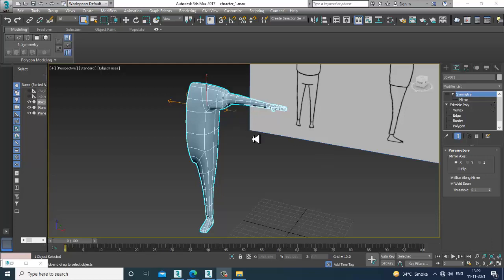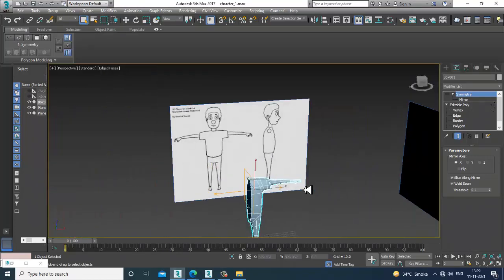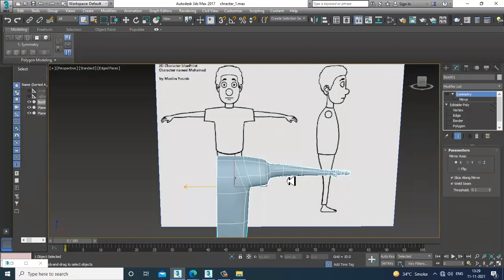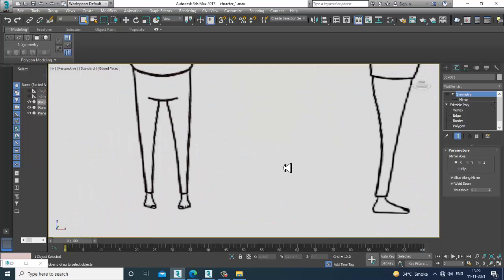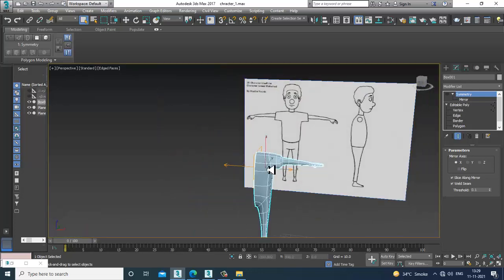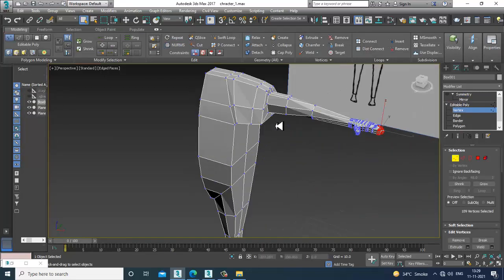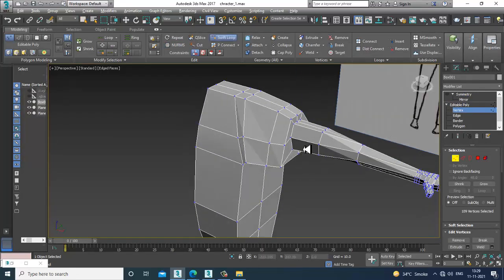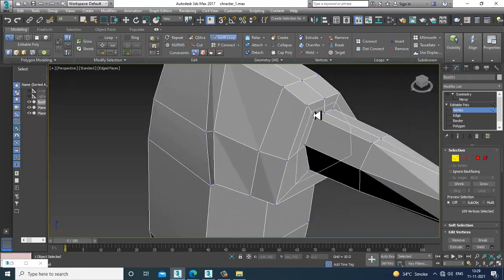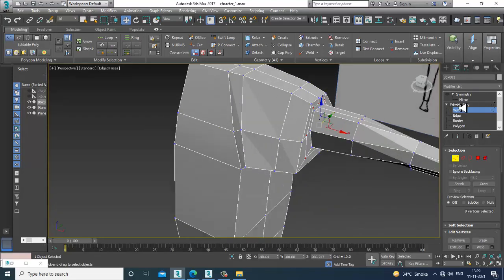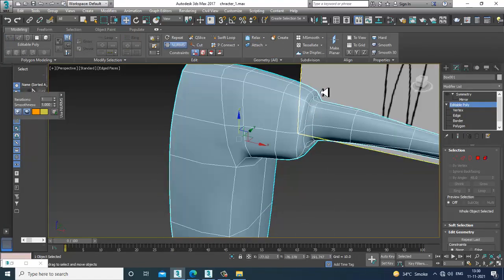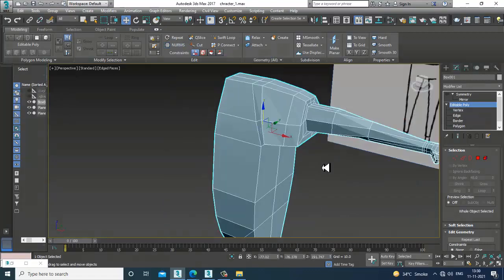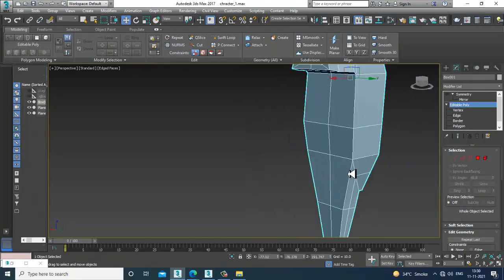So let's continue with the next part of this tutorial. As you can see over here, we have started with the character modeling. We'll continue further. Now what I can do is remove the nurbs toggle, and I'll go into the swift loop and add one swift loop over here. After adding this, you can see that it gives me a bit of a sharp edge, so I'll just turn this off. We'll be doing some tweaking over here.